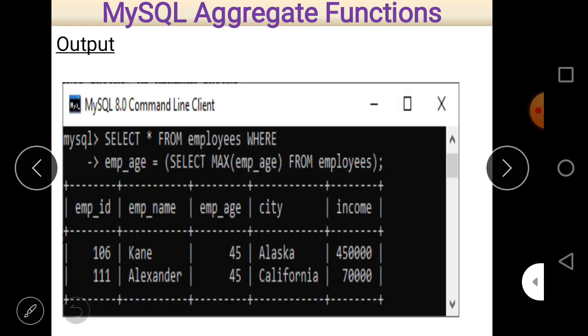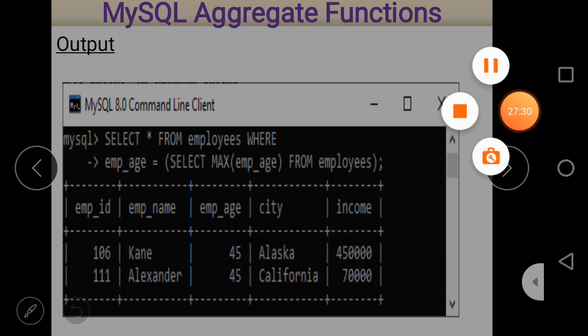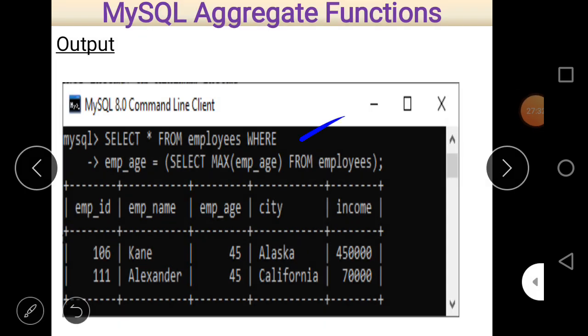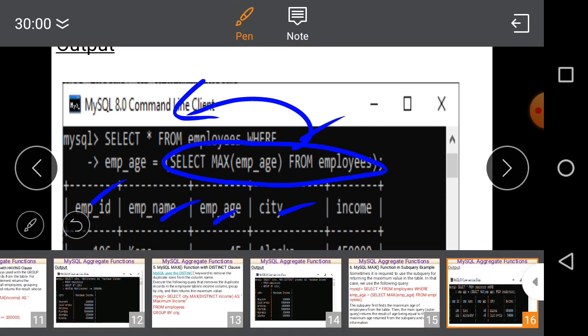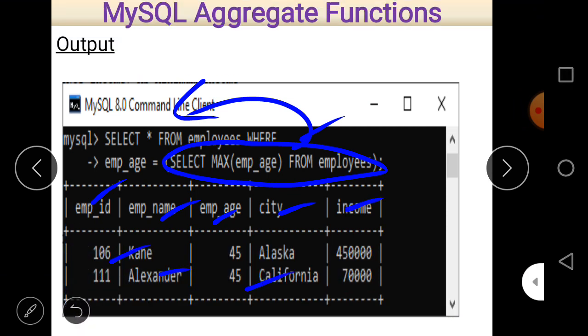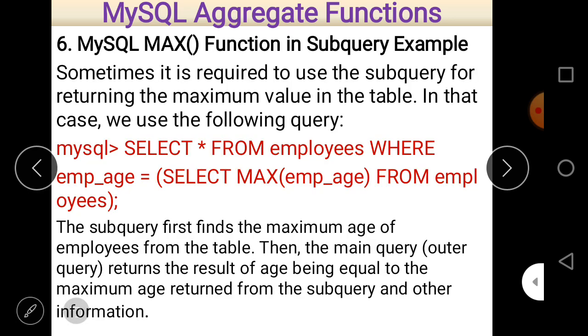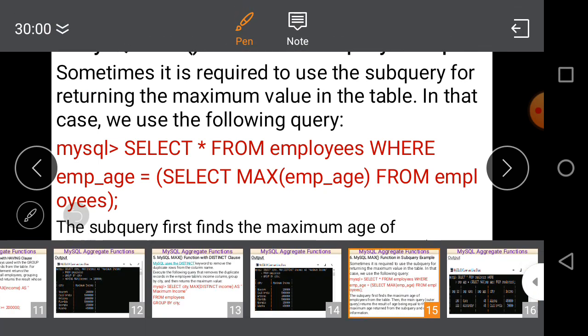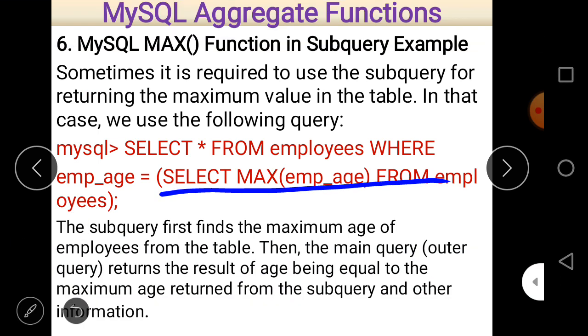You can easily see that this is the table name. First of all, the subquery will get executed, and whatever is the result of this is a condition for the main query. So you can see that different columns appear here, and this is the result after the execution of that query. So this is the concept of subquery. First of all, the subquery will get executed, and of course, since this is given in the WHERE clause, it becomes the condition of the main query. That is the concept of subquery.